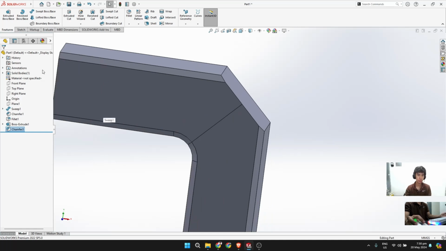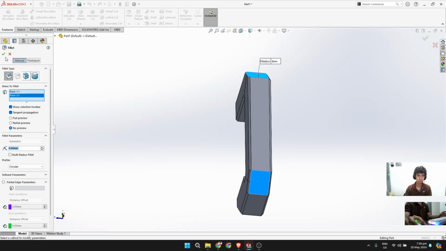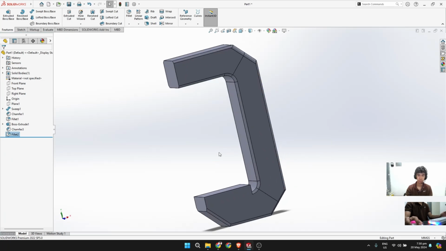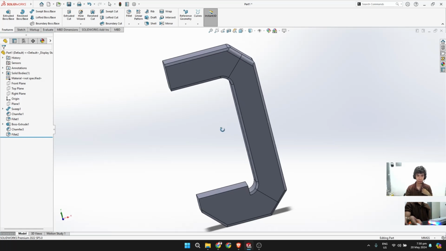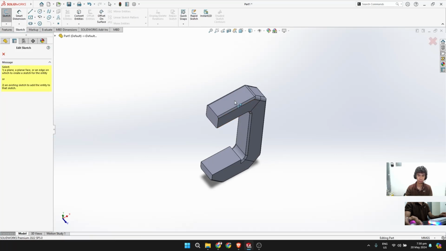After doing that, we will use fillet on this side and this side, and change it by 3 millimeters. After doing all of that, we will change the appearance of our frame to make it look more presentable. But before that, for the last part, we will make a hole on the top of this